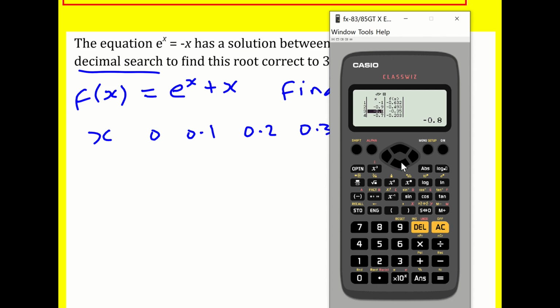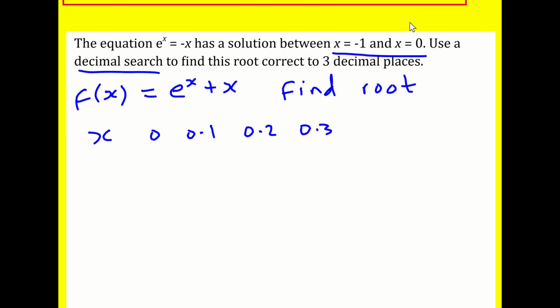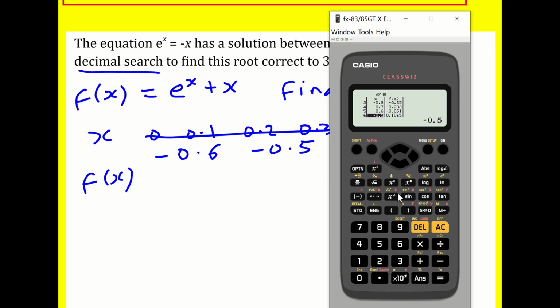I can see it's negative, and then it changes at -0.6 and -0.5. I don't know why I even did that. To do it in full, I should write everything down, but it's just going to take a long time, so I'm not going to bother. I'm going to write -0.6, -0.5, and I'm going to write the value of f of x for that one. And I'm happy if you do a question on this that you do the same. So -0.051